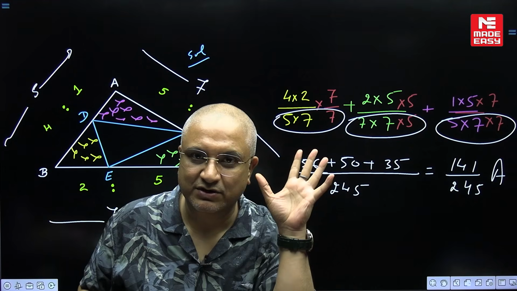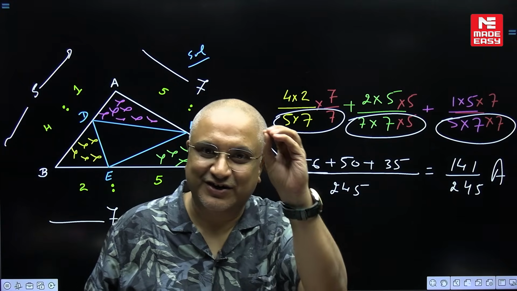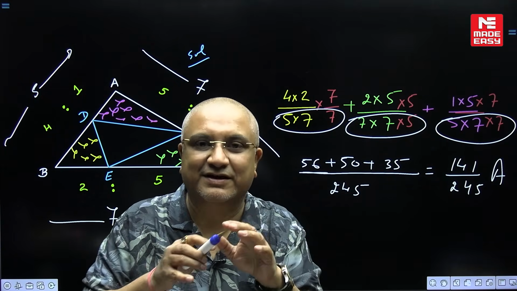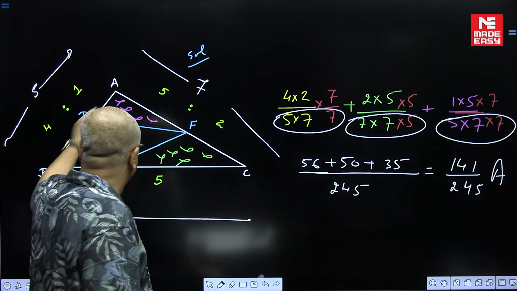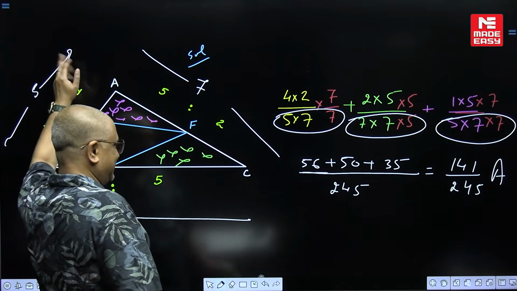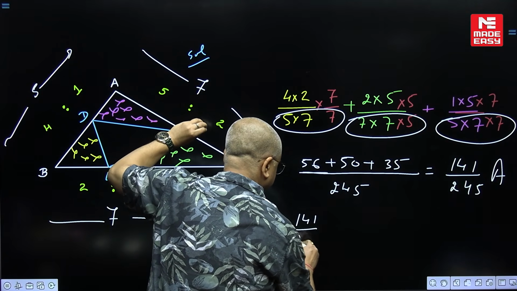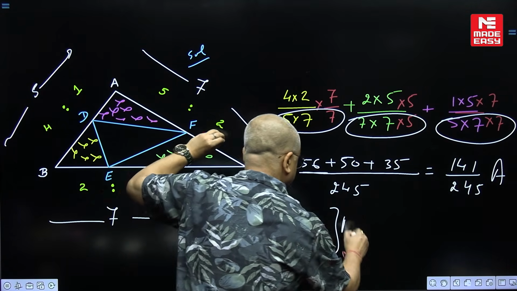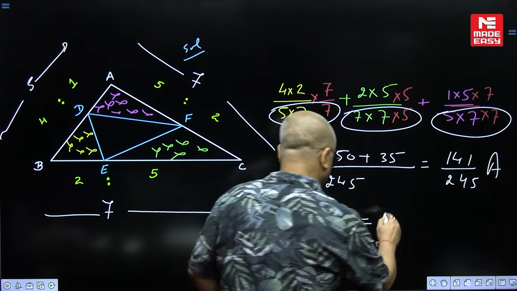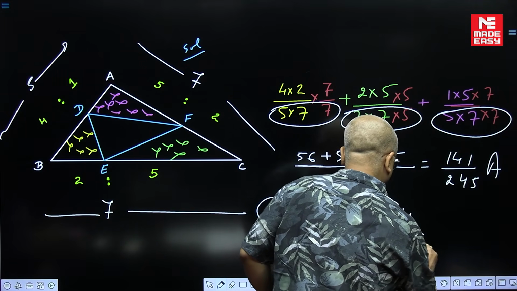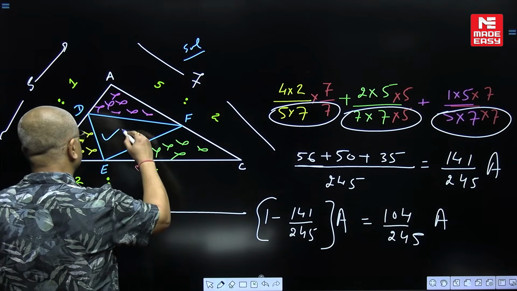I hope I am making absolute sense with everybody. अब ये इन तीनों ट्रायंगल के एरिया का सम आ गया है from the larger triangle. From the bigger triangle, biggest triangle in the picture, white triangle, if you remove all these three areas, we are going to get the blue area. So the larger triangle has an area A. Suppose A minus 141 by 245 of a combined area. This area, right, is the remaining area, that is equal to 104 by 245 of A. 104 by 245 of A is the remaining area, which is going to be the required area, which is going to be the blue area,